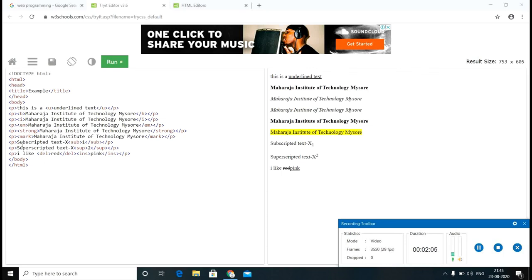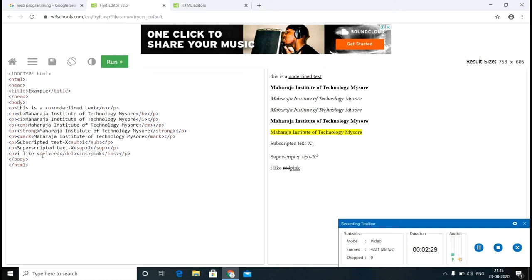Next is the SUB tag, used for subscripting the text. When you use this, the output looks like this. Next is superscripted text. The tag used is SUP. It works in this way. Next, there are two more tags called delete and insert.